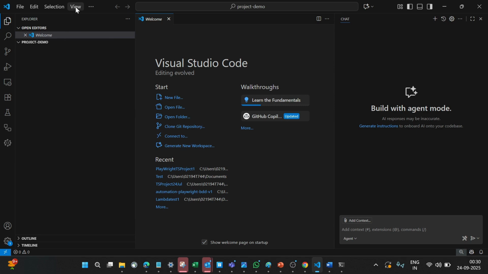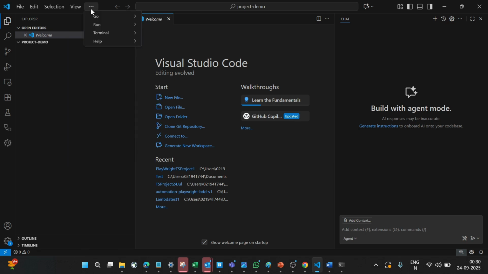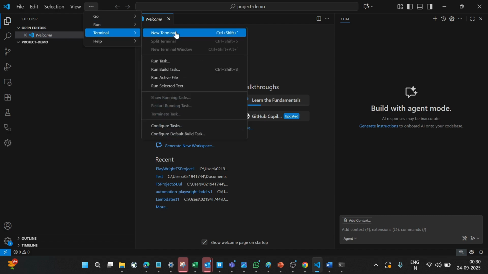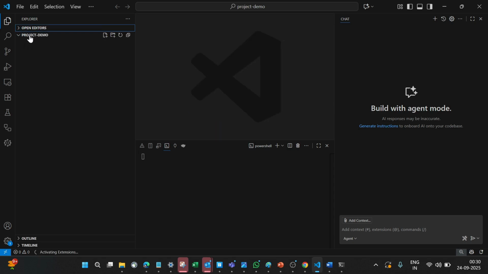Now open the terminal, new terminal. Okay, now the terminal is there. Now we have to enter the command. The first command is